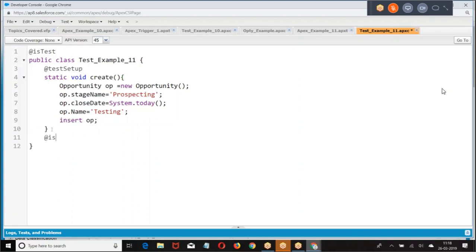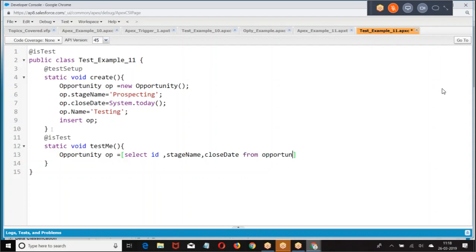With the help of the dummy data, I want to test it. Now what I'm doing, opportunity ID, stage name, opportunity, then op.stageName equals. Now the opportunity stage name is prospecting. That stage name I am modifying as closed one. Then I tell it to update.